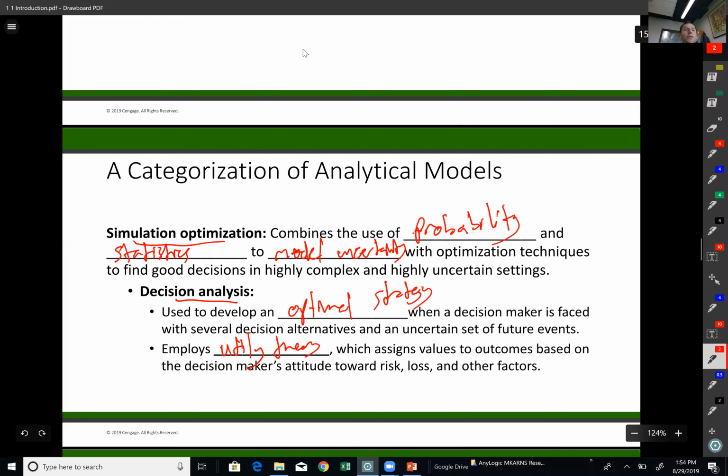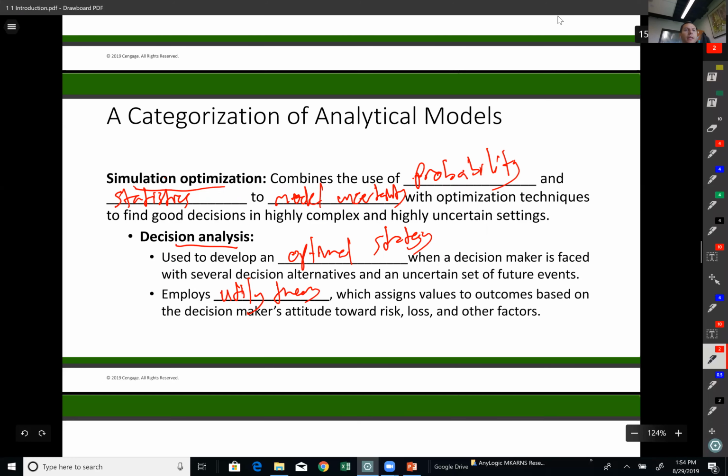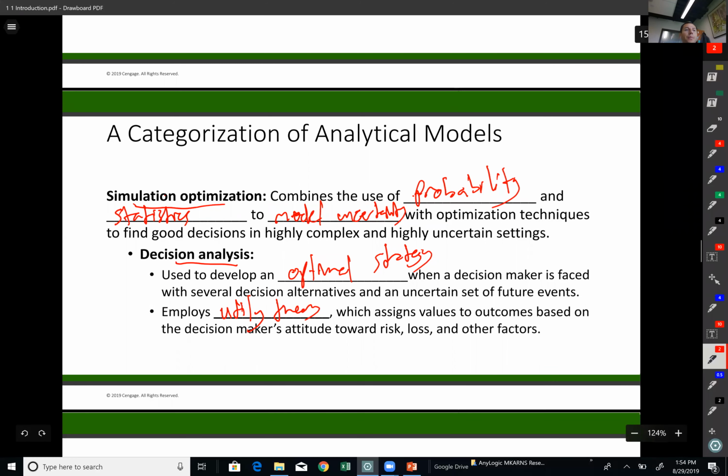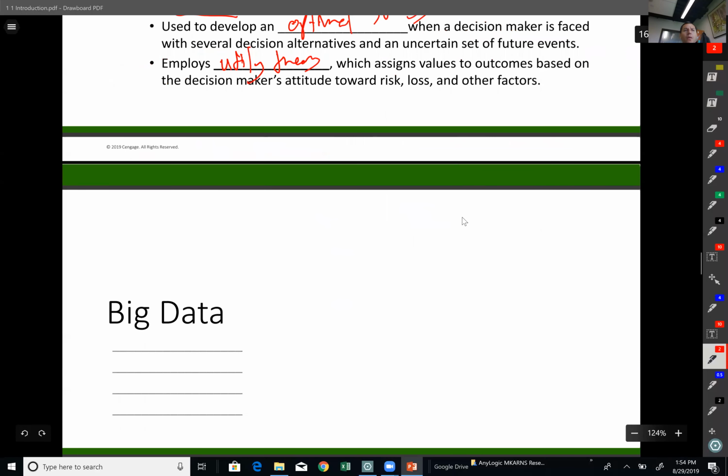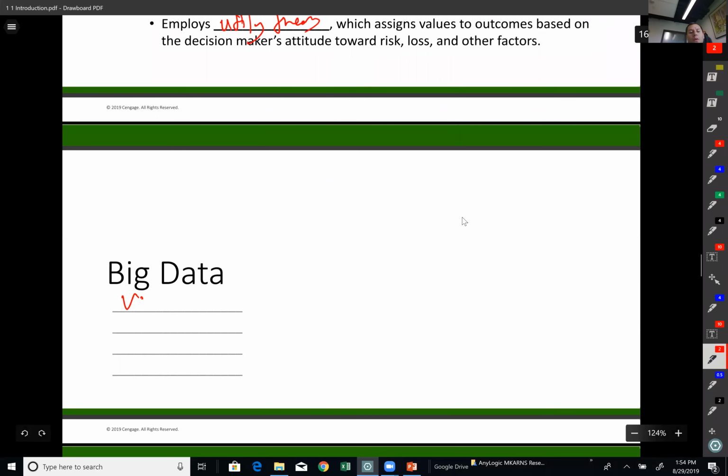Okay, so let's go to the next slide, which has to do with big data. And I would like to briefly discuss what I mean when I say big data. So volume is one reason for us to call a data set big data, because we may have terabytes or gigabytes of data and millions, maybe billions of rows of data and columns as well, hundreds of thousands of columns. So if that's the case, you cannot really handle those data sets with Excel. You may want to use some different software packages to deal with it.